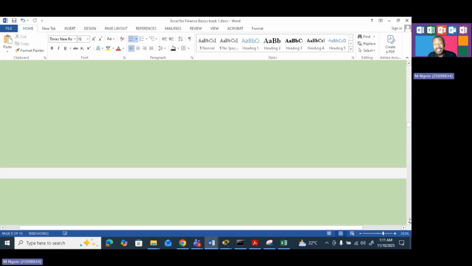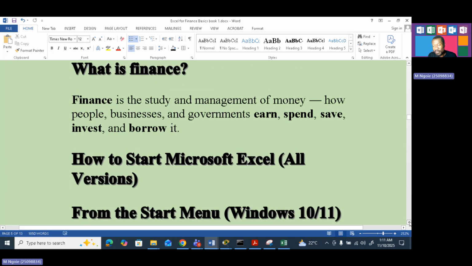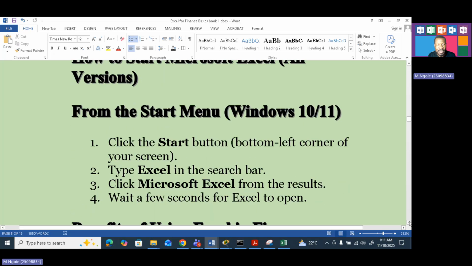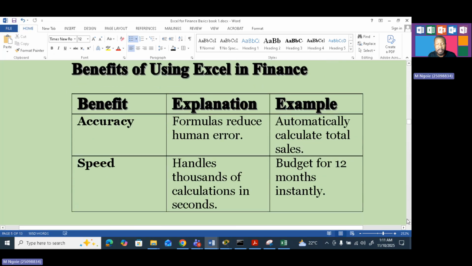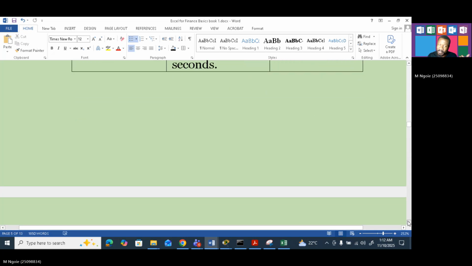And we're going to talk about speed. Speed also is one of the benefits, right? So Excel can allow you to handle thousands of calculations in seconds. You can calculate the budget for 12 months instantly, right? The speed also, there is no need for you to waste time. So accuracy, speed,